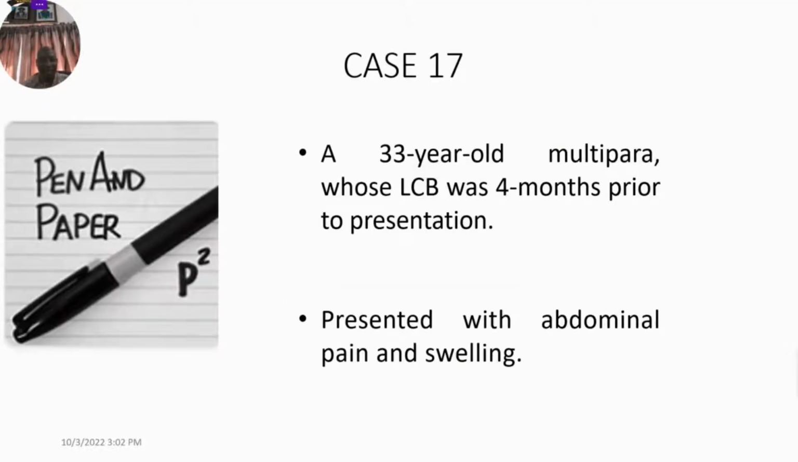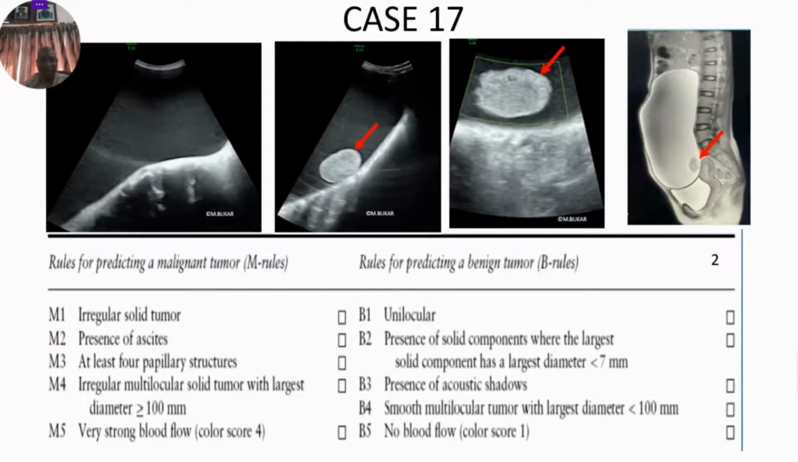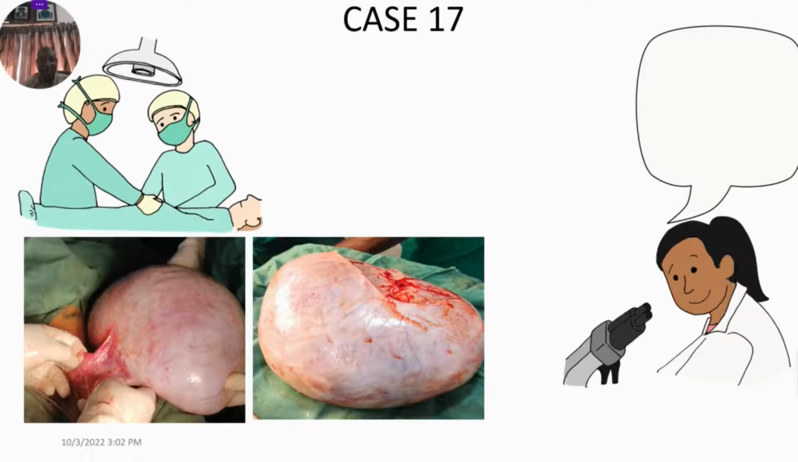Case 17 was a 33-year-old multipara whose last childbirth was 4 months prior to presentation. She presented with abdominal pain and swelling. Ultrasound scan revealed a unilocular lesion with no blood flow. So 2 B rules, no M rules, so it will be classified as benign. She underwent surgery, and histology confirmed it to be serous cystadenoma with